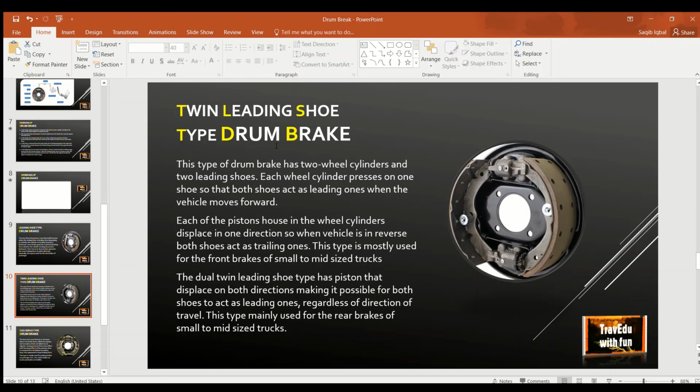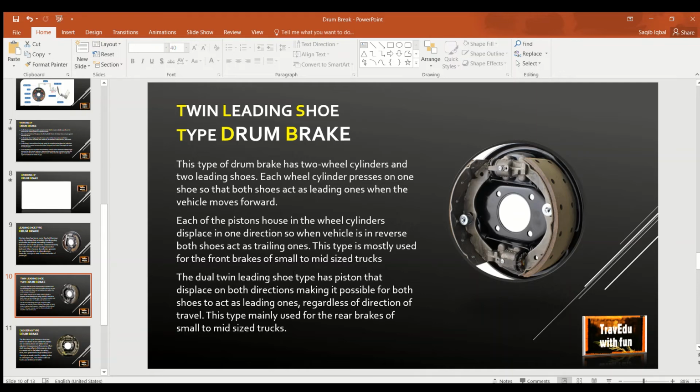Twin leading shoe, this is another type of drum brake. This type has two wheel cylinders and two leading shoes. Each wheel cylinder presses on one shoe so that both shoes act as leading ones when the vehicle moves forward. Each of the pistons housed in the wheel cylinders displaces in one direction, so when the vehicle is in reverse, both shoes act as trailing ones.